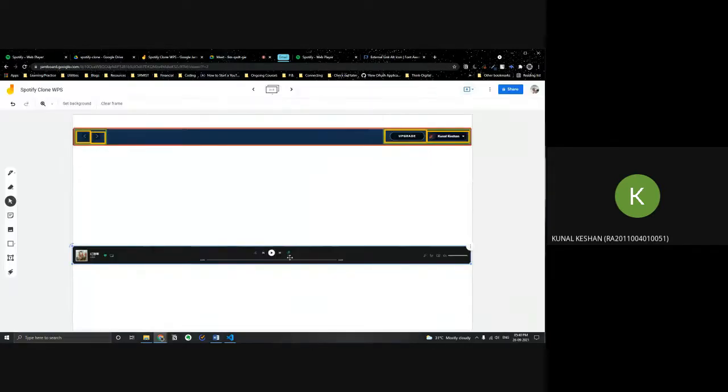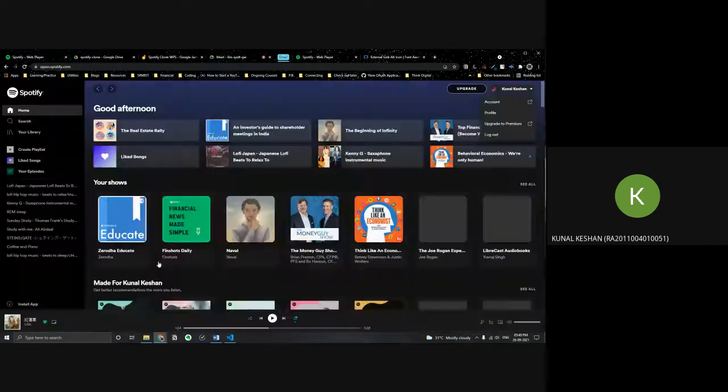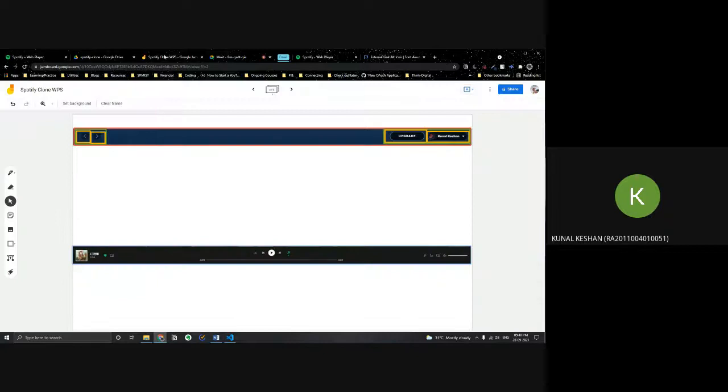Okay, so next is the music player head that is in the bottom part over here. Let's just use the wireframing technique again. Okay, so can anyone tell me how we are going to do it? I'll just do the starting part, that is the whole container over here. Can anyone tell me the next, other smaller component of the whole music player head?